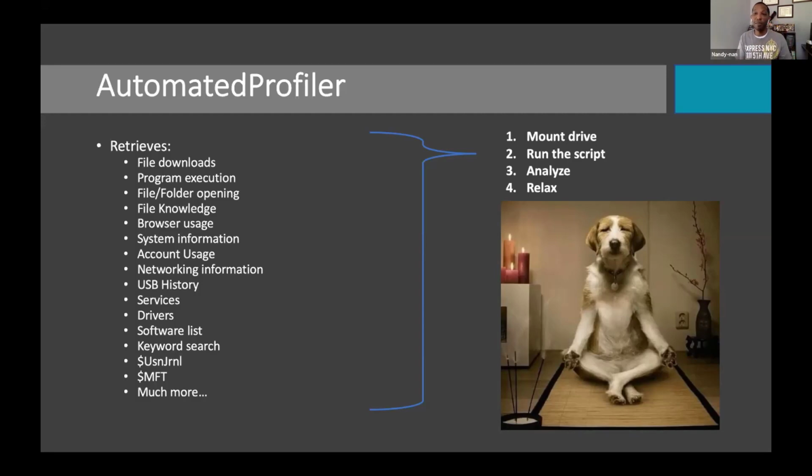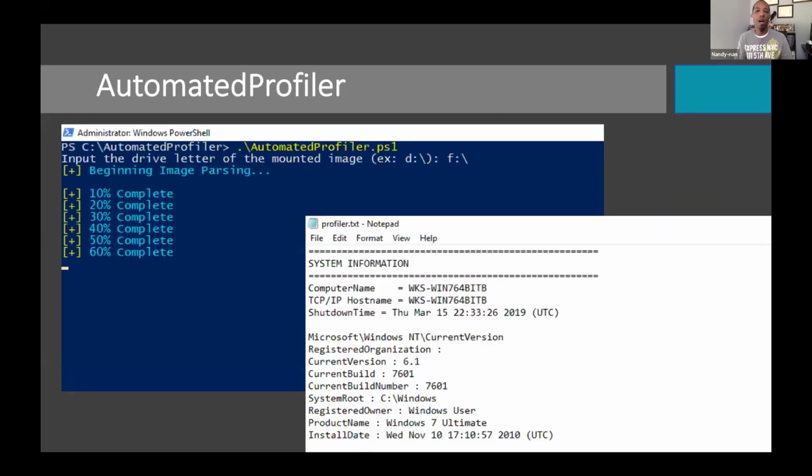Again, it's going to come out as a flat text file. And I say relax, but largely you're going to go back and do some deep dive forensics. But because you're doing this in such a quick amount of time, you could go and do some yoga or whatever the case before going back to do the next part of it. So the UI of sorts is nothing special, but it gives us a percentage, because it could take a little bit of a minute outside of that 500 gigs, depending on how big it is. And then when we get it back, it's going to be a flat text file of sorts.